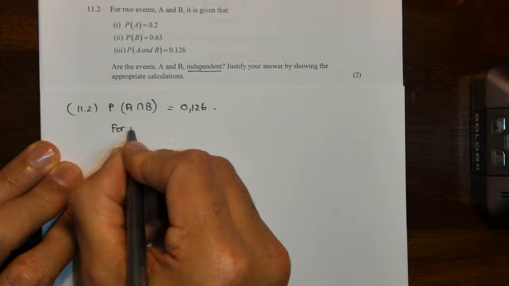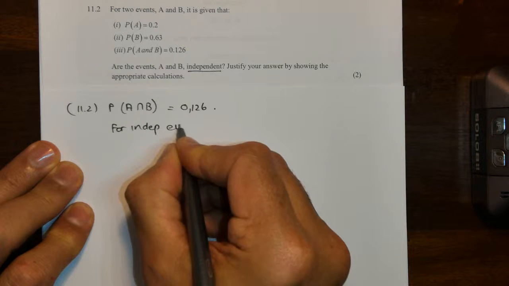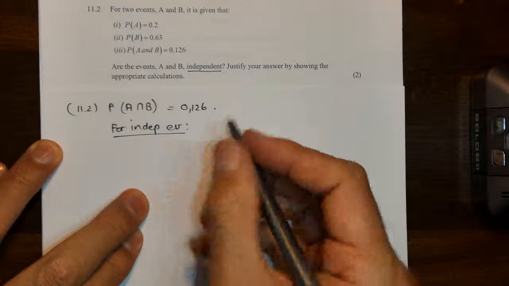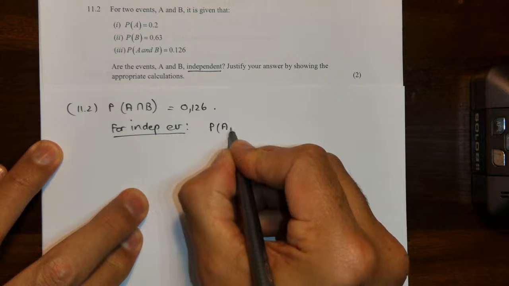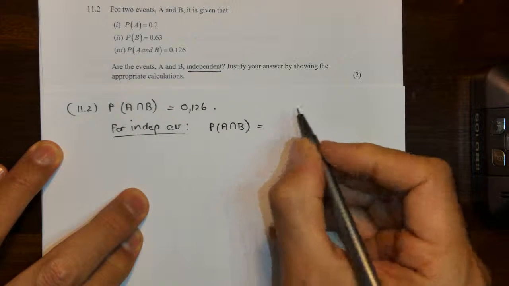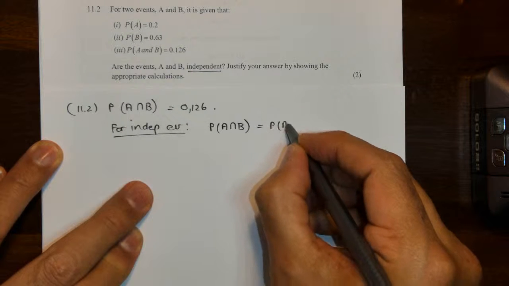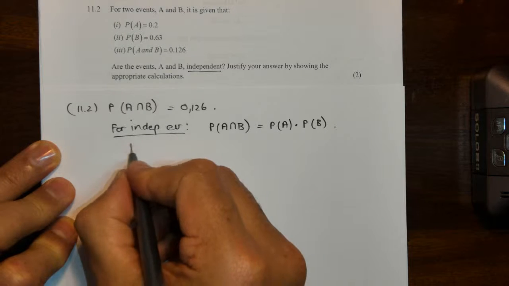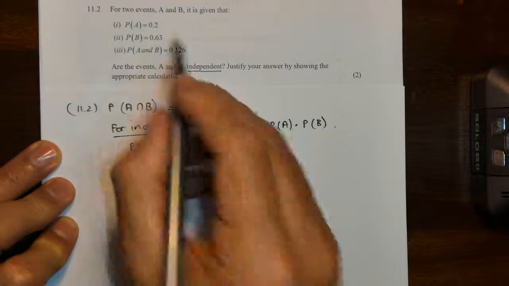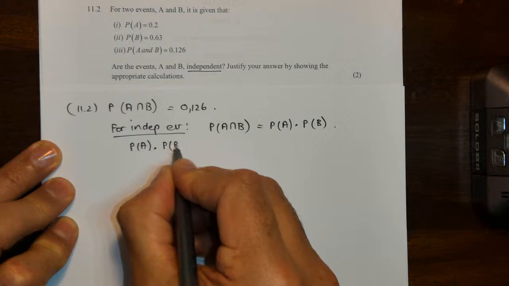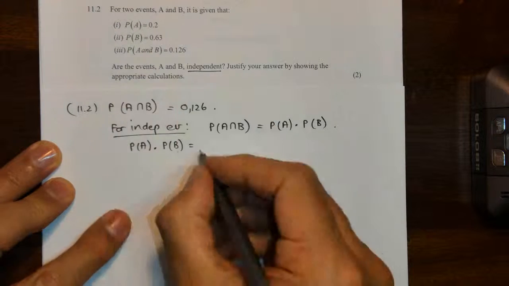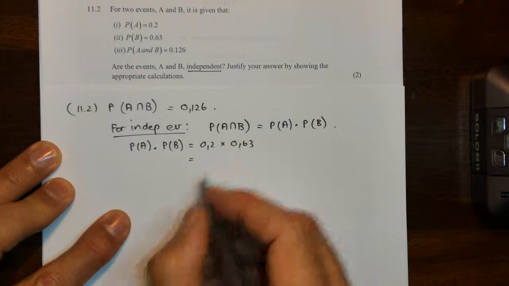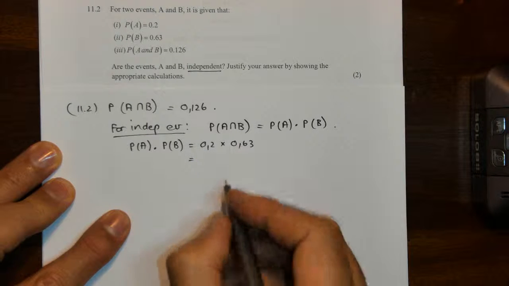So for independent events, your condition is that the probability of A and B will equal the probability of A multiplied by the probability of B. Now we've already got that. So the probability of A is given, it's 0.2. If I multiply that with the probability of event B happening, I get 0.2 multiplied by 0.63, and do that on your calculator, even in your head it's 12 and a 6, you get